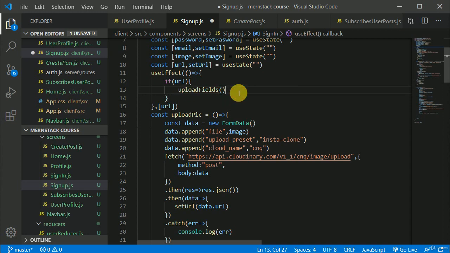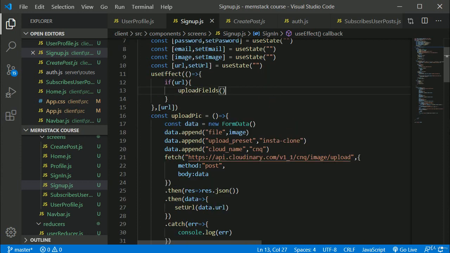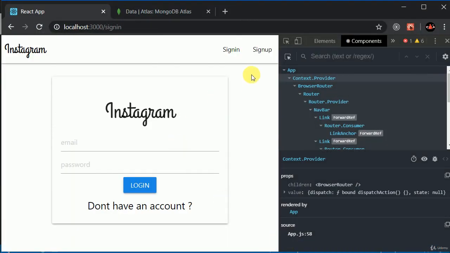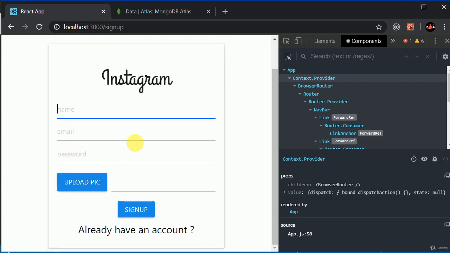Okay, so let's save this, and this logic should definitely work. So I'll be going to sign up. Let's first try to sign up with empty fields, invalid email. Okay, so we are doing validation on the front end as well now. Maybe we will be adding a profile picture.